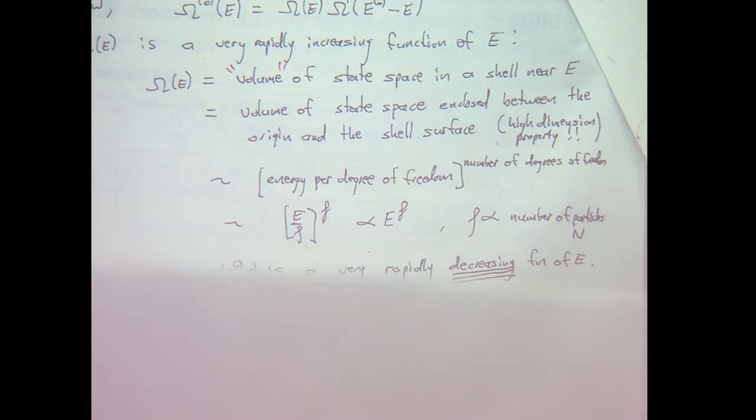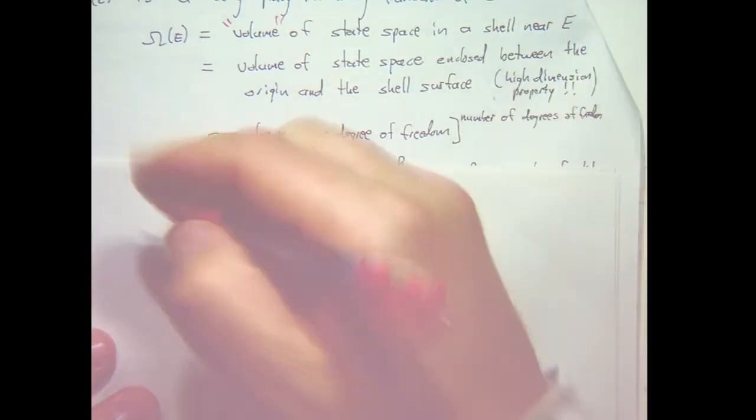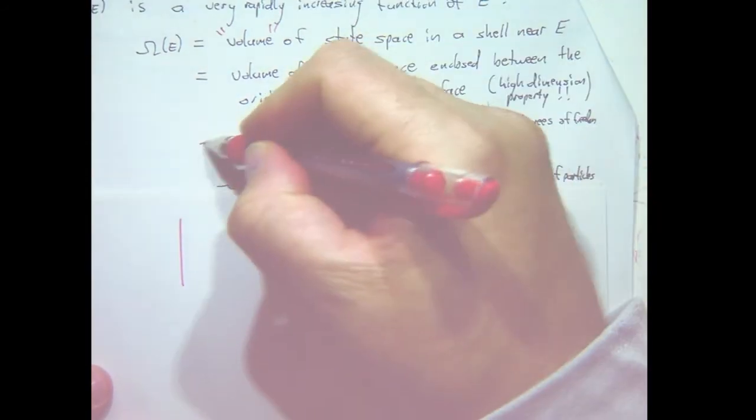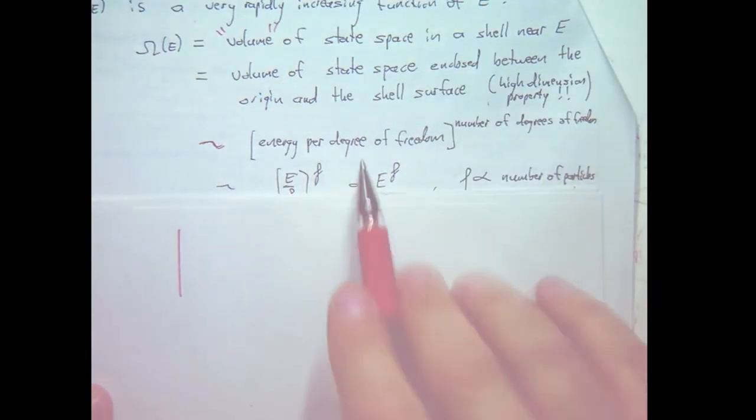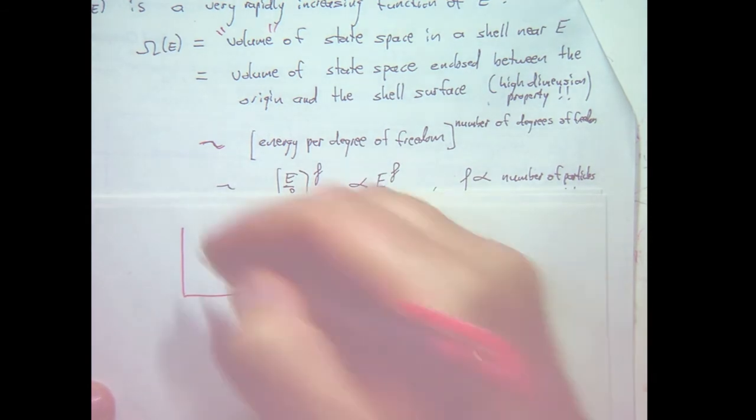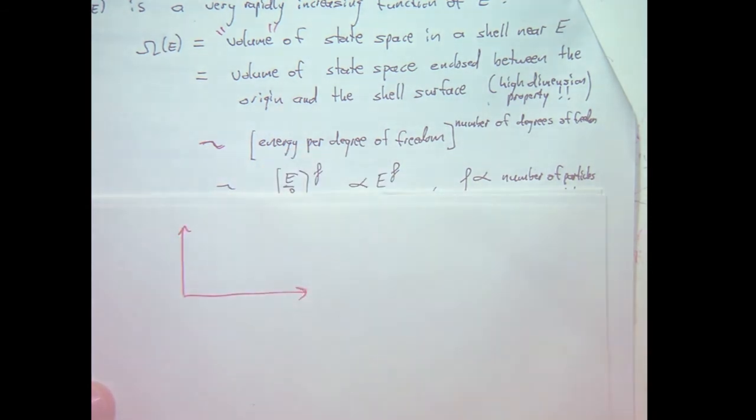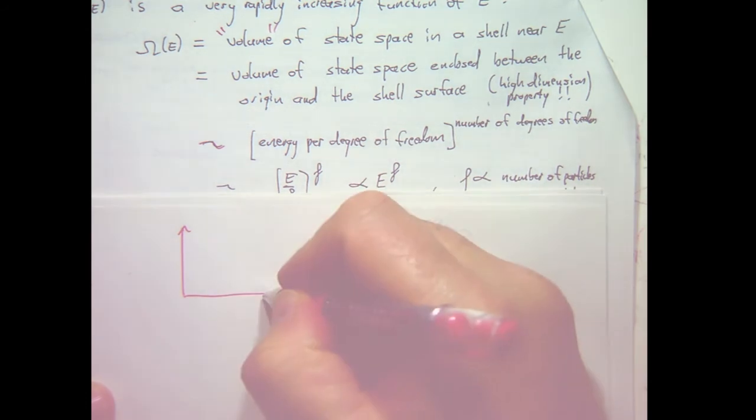And the reason for that is that this is a vast upper bound. So what we want to do is to make sure that you have taken into account all possible